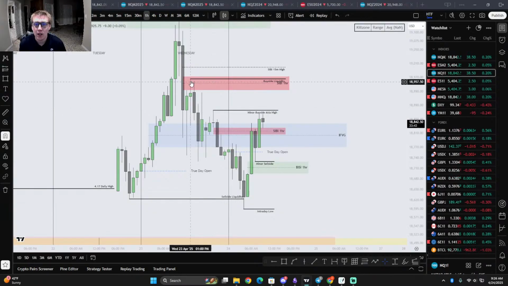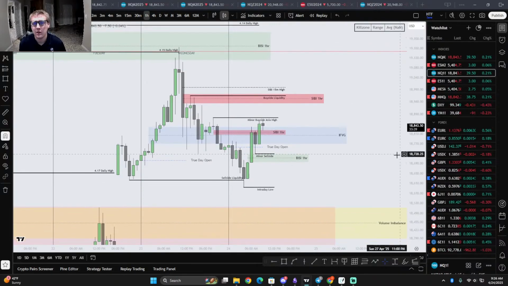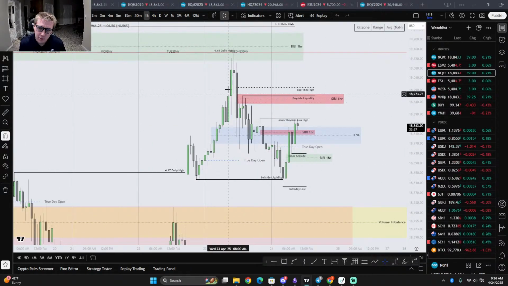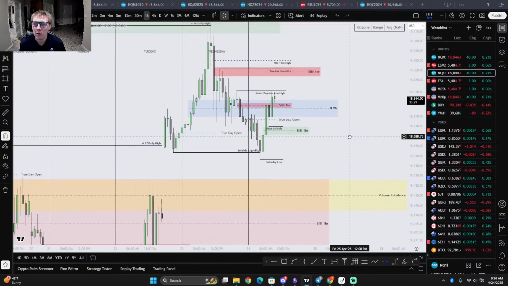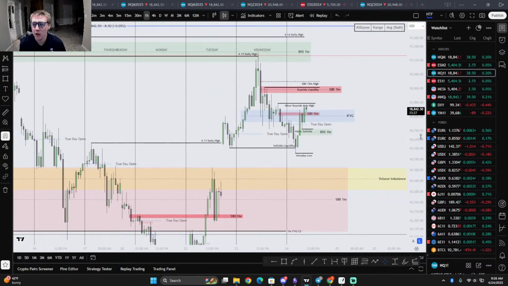Yesterday's Asia high, and then we have some buy side liquidity here within this hourly SIBI, which doesn't look very clear in my opinion, because we clearly kind of displaced here, and now we've taken sell side, and we have this big gap here. So I'm kind of favoring a run lower, but we don't have the structure to do that right now.